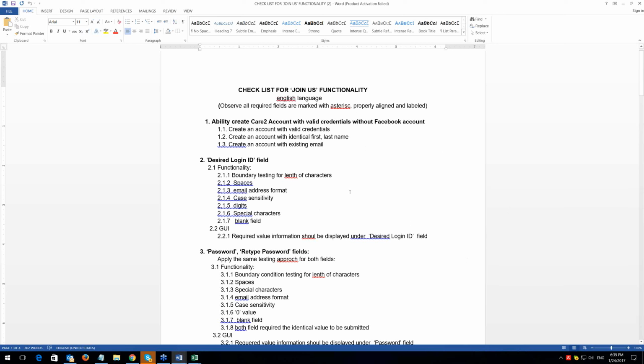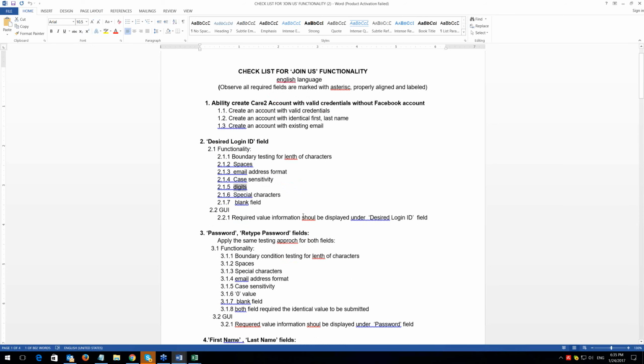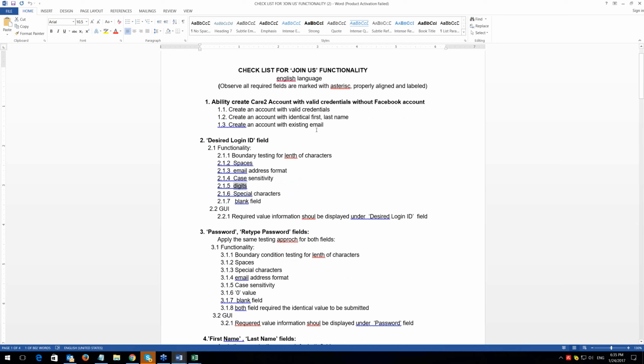Can our login ID have spaces inside? Can it be in email address format? Is it case sensitive or not? Can you include digits only? Can you include special characters? Can it be blank? Can you imagine this checklist? This is already like mini test cases, huh? And people can use it. And now it is a piece of cake to write test cases based on those checklists.